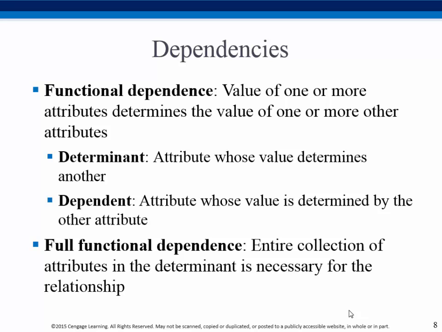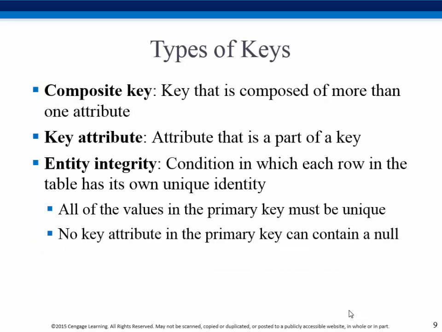Alright. We just talked about functional dependence and full functional dependence. Okay, a composite key is a key that is composed of more than one attribute. Key attribute is an attribute that is part of a key. Okay, what that means is